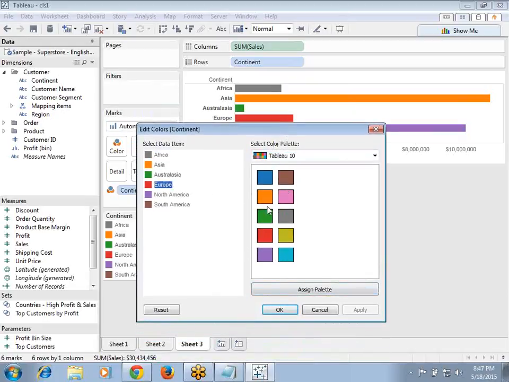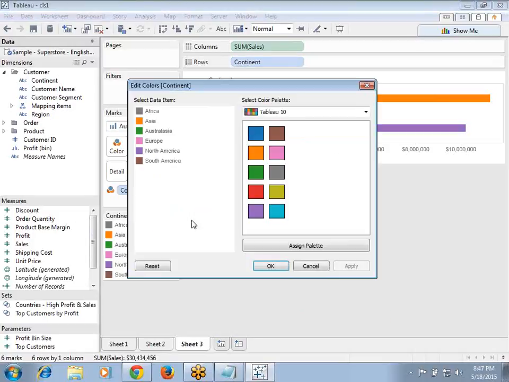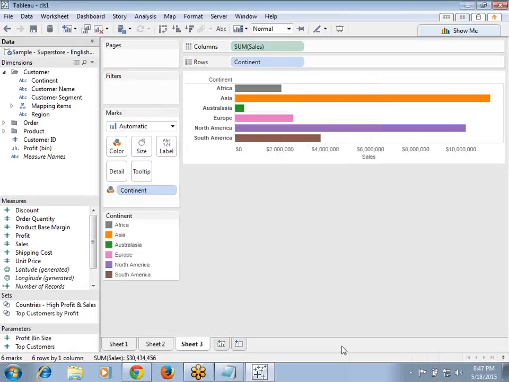And Europe, I want to change that into a different color. Yeah, automatically you can see that has been changed. If you want to edit the colors, you can do it from this legend, click edit colors. So this is how we can encode